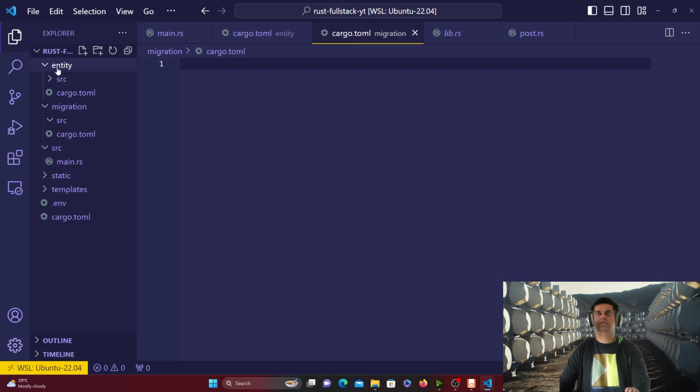So it's at the level of the root of that directory, of that package where you're creating it. So now everything looks fine to me. So make sure you close your src folders and check. So for the migration cargo.toml file, we'll